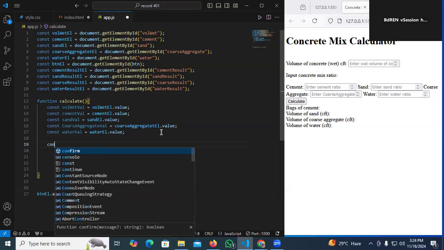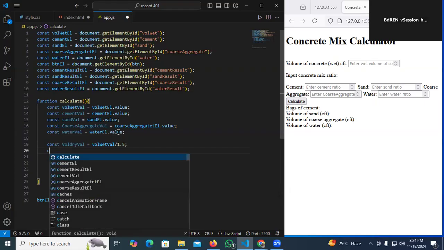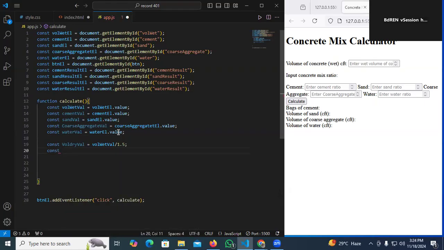Now we have to do calculation. Firstly, we have to calculate the volume of dry. The dry volume will be the wet volume. Whatever we get as the wet volume, Control C, we have to multiply. We have to divide this by 1.5. And after multiplying this, we have to add another constant name,